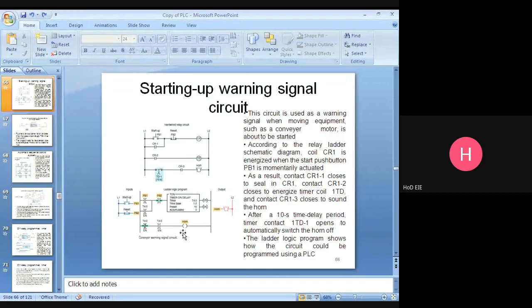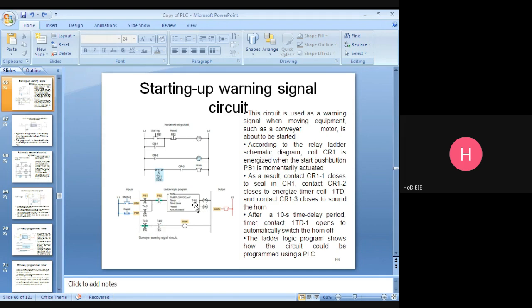Pasupati, is it okay or shall I repeat? Once more? Yeah. You just press this start push button. So the enable bit will be enabled immediately. So this timer is the T40 enable bit, and the address is given here. So this contact is closed. Even though this push button is open, this one seals in the rung. So this instruction will keep energized.